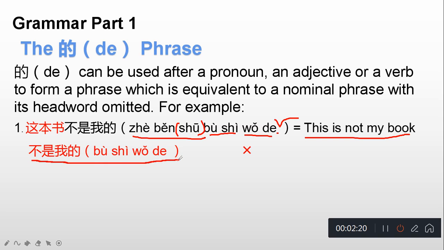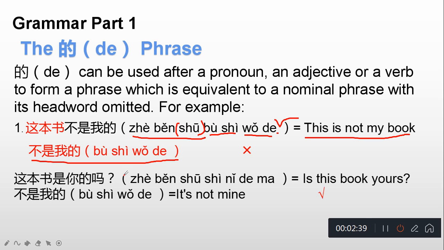If you only say this sentence, 不是我的, not mine, to a person, it is definitely not making any sense. But in this case,